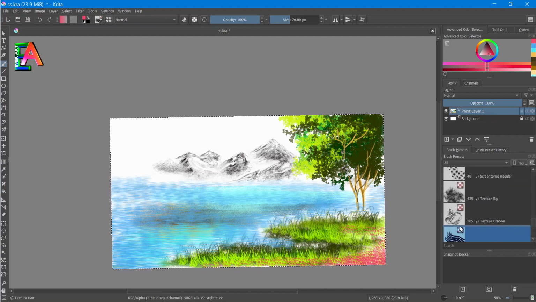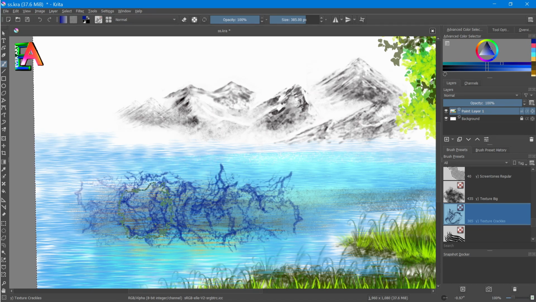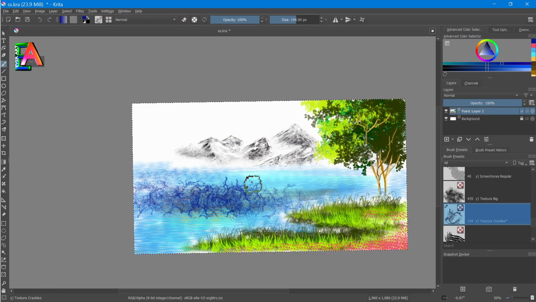And if you want to make any kind of sea water, then just select this, because it is the crackles texture, and you can easily do it by selecting this kind of color. If I use it in here, then you can see this is the water wave effect. If suddenly some water wave comes, then the pattern will feel like this. So you can use it in your painting if you are painting any kind of sea, but it is not a sea in my painting, so I will not use this. In my painting it is a lake.